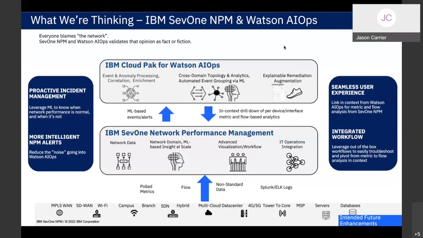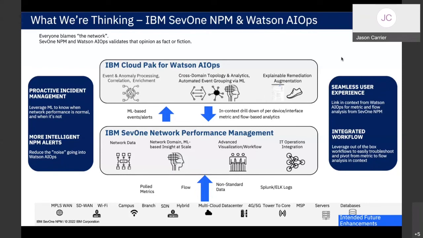So what this specific integration is looking at is taking all of these ML-based alerts that SevOne generates and sending them northbound up into Watson so that SevOne can participate in this correlation and problem identification that Watson does. The alerts from SevOne go northbound via webhook. Watson will be able to provide temporal correlation, so based on a time series, correlating the network related events with all the other events that are taking place in the enterprise that Watson knows about, and then letting the SRE know when there's something relevant taking place.